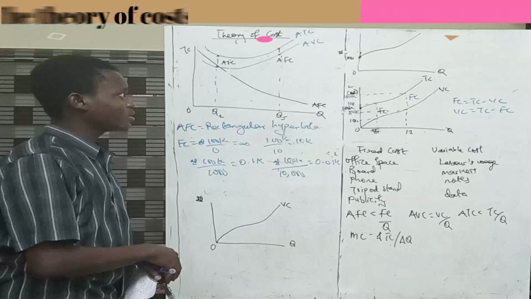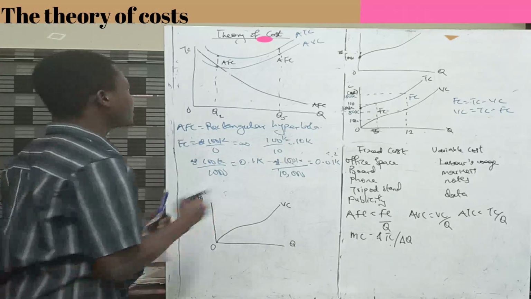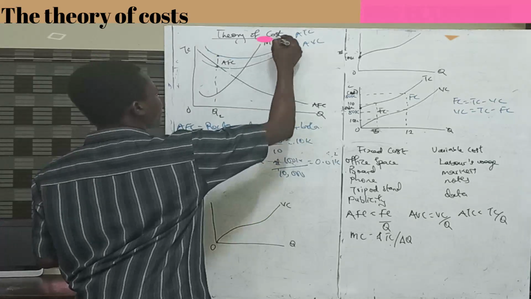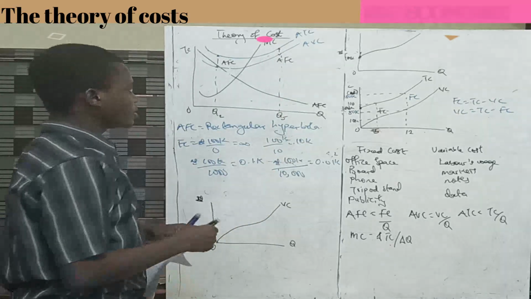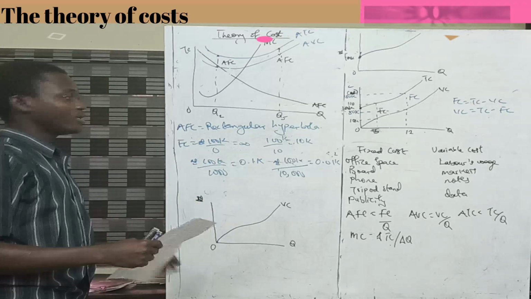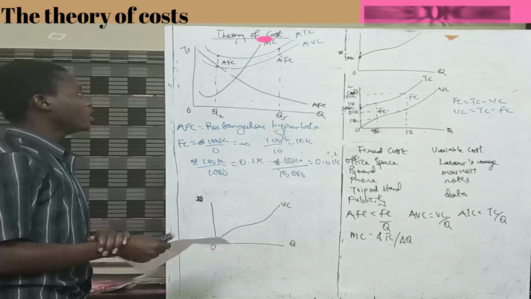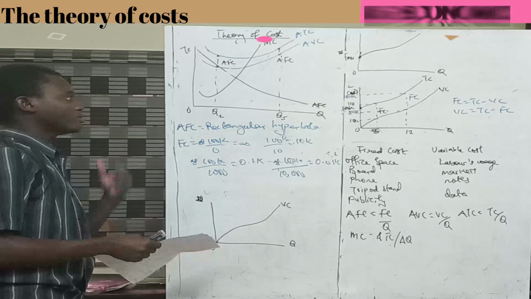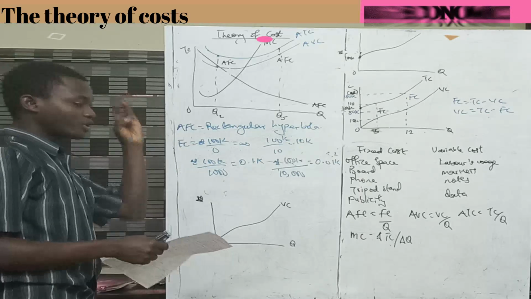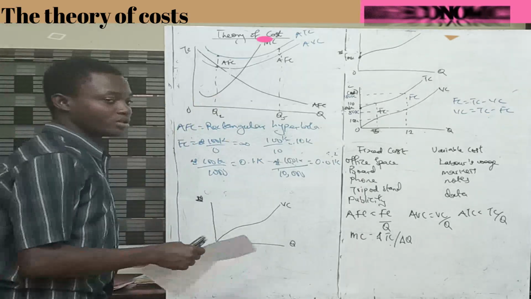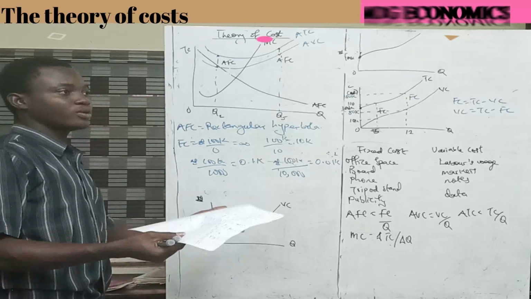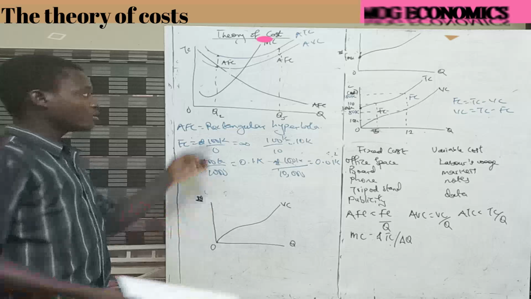So I was going to talk about something. I'm done with the average. Okay, wait, there's something called the marginal cost. So the marginal cost curve shows the change in total cost as a result of increasing your output level by 1 unit, just 1 unit. At the beginning it falls, then it begins to rise, right? Which is also as a result of the law of diminishing variable proportions, excess capacity. So if you want to increase output, your cost might even fall. That's what this one is saying.